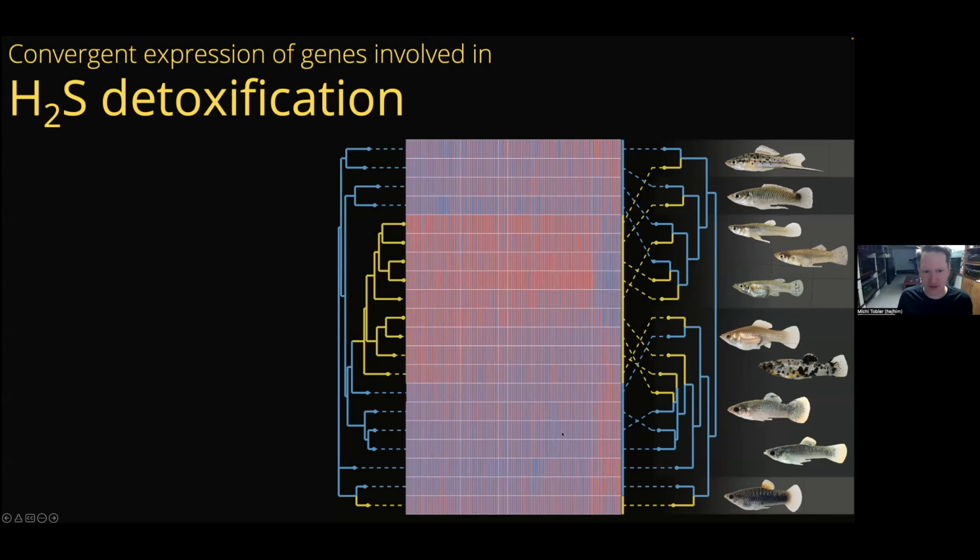So just to help you read this figure, each column essentially represents a gene, each row is a phylogenetic lineage. What you see here on the left-hand side is a similarity tree. So you can see that except for one lineage here from the Dominican Republic, all the sulfide spring lineages cluster, meaning that in terms of the expression of these genes, they're most similar to one another. And this contrasts with their phylogenetic relationship, where you can see that the sulfide spring lineages really have originated